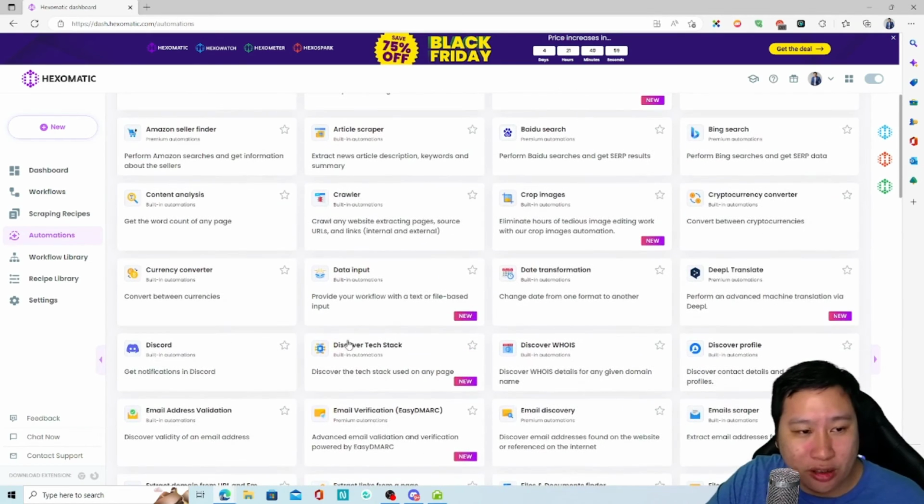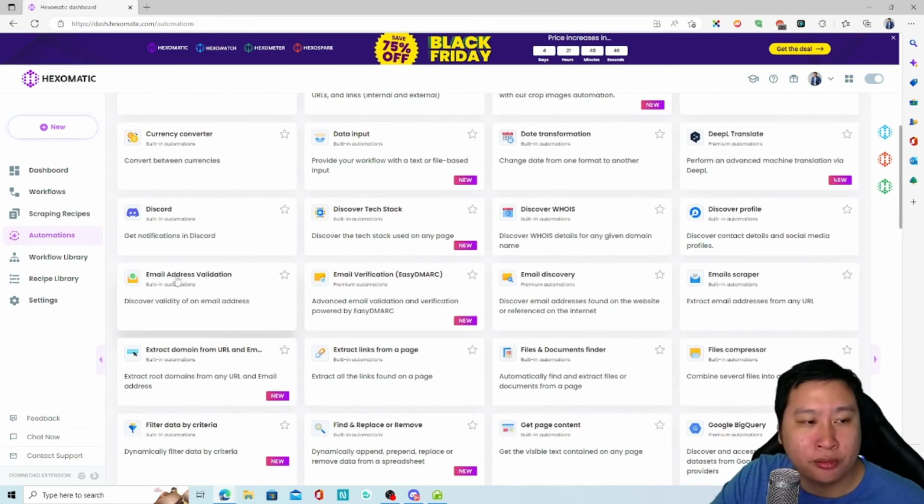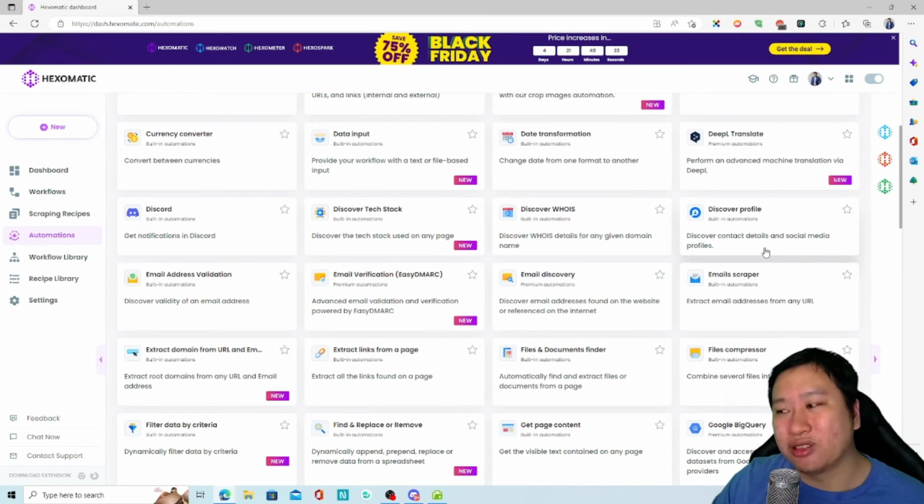Then you have currency converter, data input, date transformation, DeepL translation, crop images, cryptocurrency converter. Discover tech stack, I think this is very, very useful, and there's a new automation in there. Discover whois, discover profiles. All right, this is built in, right? So this is amazing because you can pull out the social media